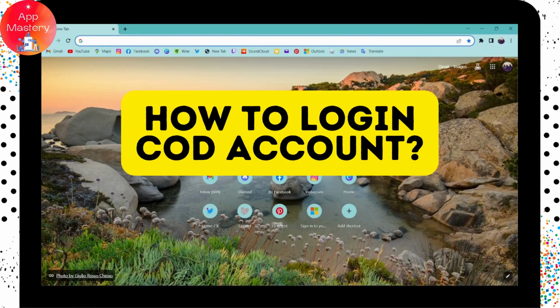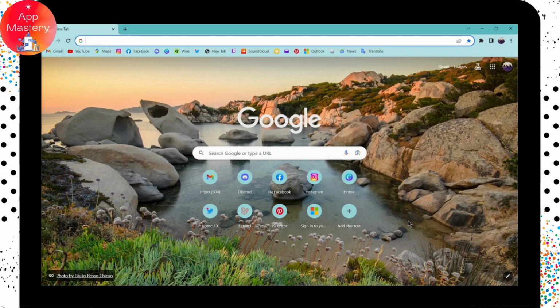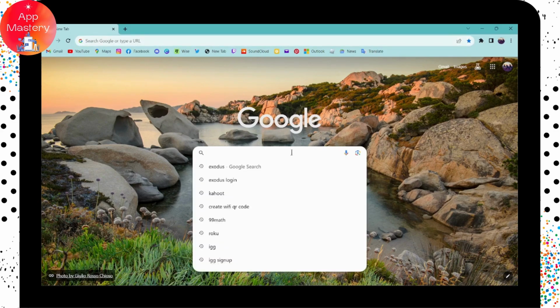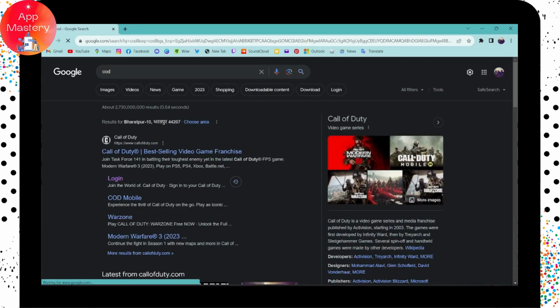How to log in to a COD account. So if you want to log in to a COD account, first of all, you can open up a browser, any browser that you're comfortable with. I'm here with the Chrome browser. Then go to the search bar and you can search for COD